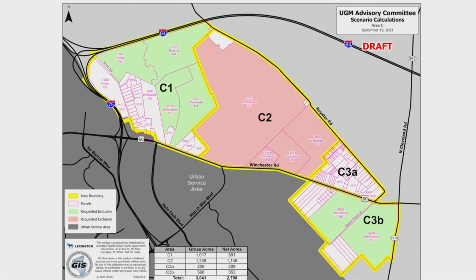So to further break that down, if we were not interested in including something like the rural settlements and those smaller lots, then we divided it into 4 areas, still C1, C2, C3A, and C3B.